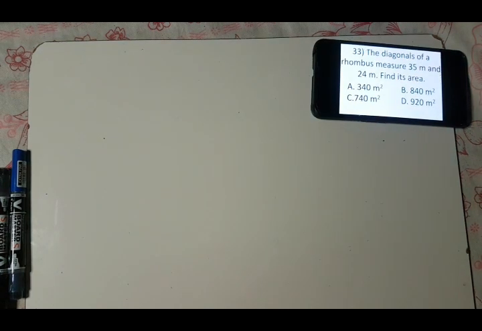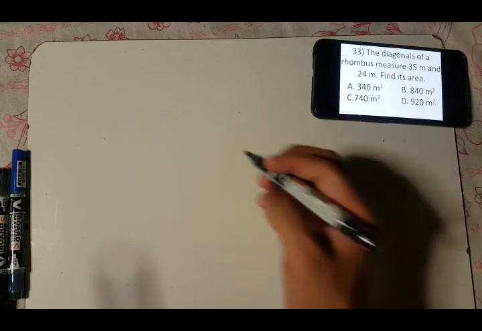Next question. The diagonals of a rhombus measures 35 meters and 24 meters. Find its area. So, ang formula for the area of the rhombus given yung kanyang mga diagonals is, so area